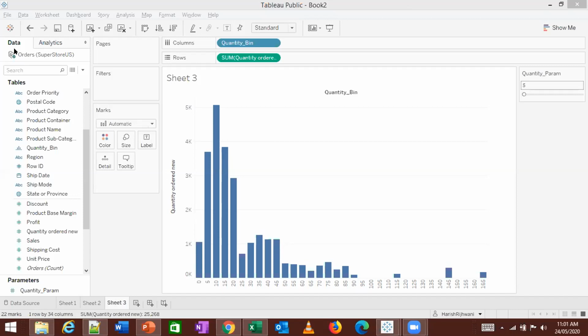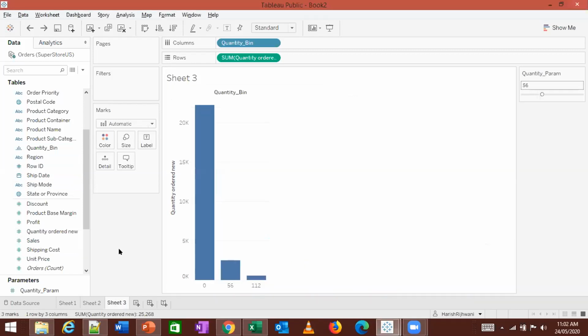Any questions, guys? Were you able to get this? Could you repeat how you inserted the quantity parameter in the bin? Yes. You were able to see the parameter, right? You did show parameter.